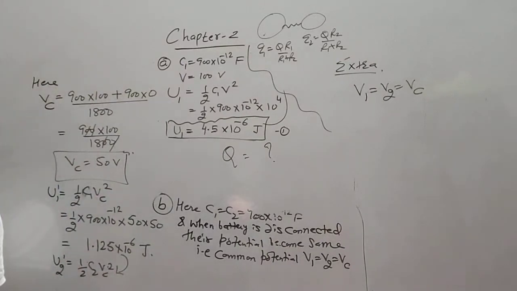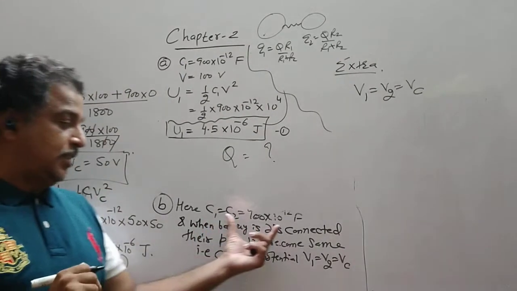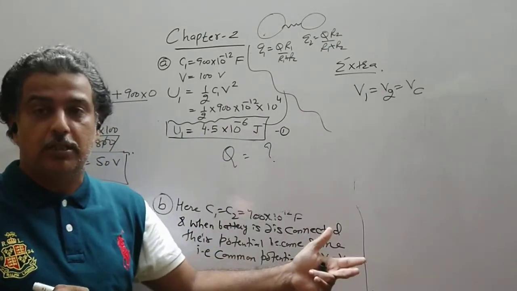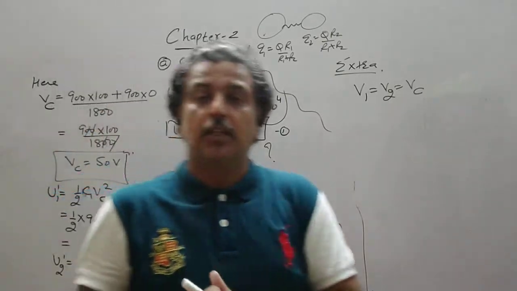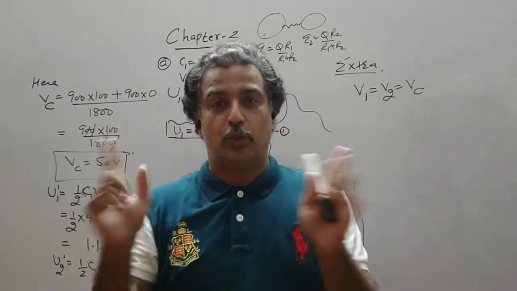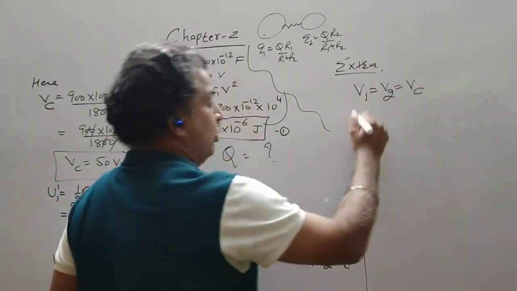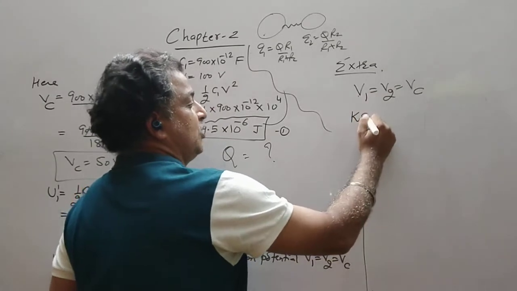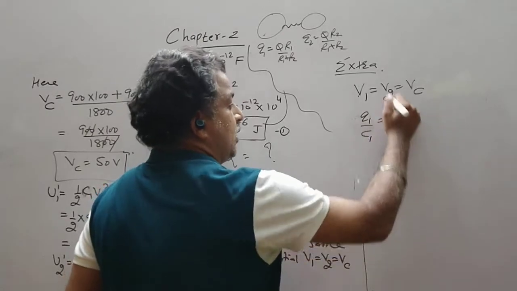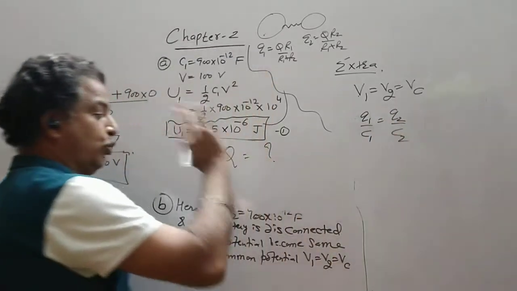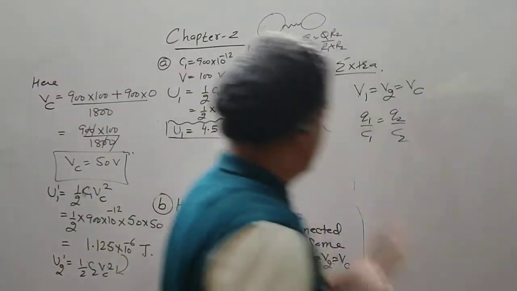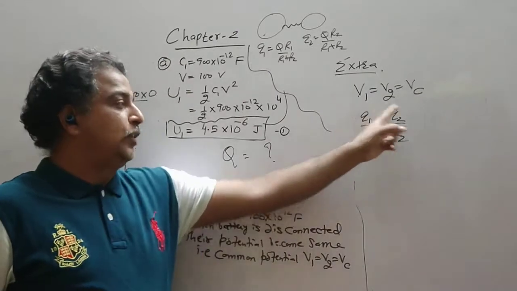You have to always remember that when the two capacitors are connected, they will have a common potential because one is fully charged and other was discharged. So the one which was charged, its charge will decrease, the charge of the other will rise, charge will not be same, their potential will be same. So V1 is equal to V2 is equal to Vc. Now let the charge on C1 be Q1 by C1 and the charge on the second is Q2 upon C2. Total is Q. You have to remember total was Q. It can neither be created nor destroyed. Now after disconnecting, their charge will change. So Q1, Q2.